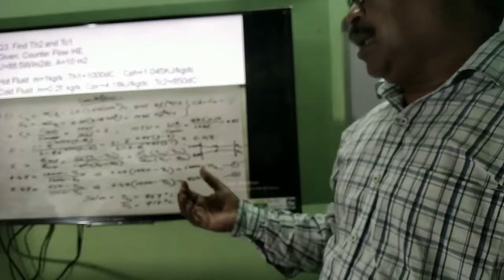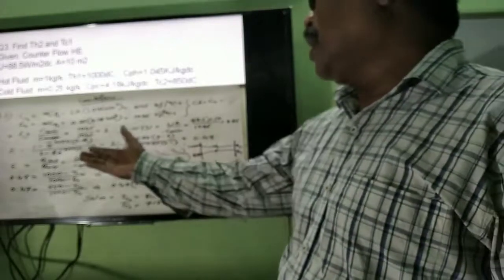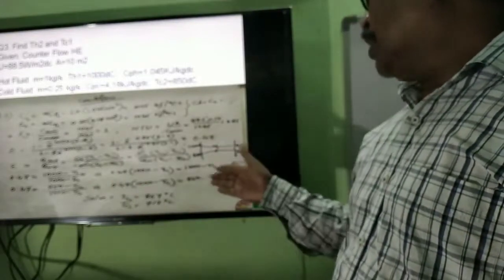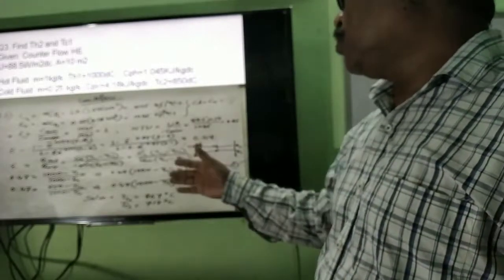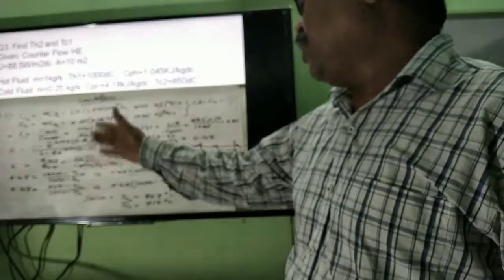Okay, so this is a little bit lengthy question and you need patience for this. They will definitely sometimes ask to find the capacity ratio, sometimes the NTU, part-wise they can ask. Sometimes they can ask for the maximum, or the effectiveness. Up to this you can find out, or you can find effectiveness by another method also. But sometimes they may ask to find one of the terminal temperatures. For the terminal temperature you need to make the equation.